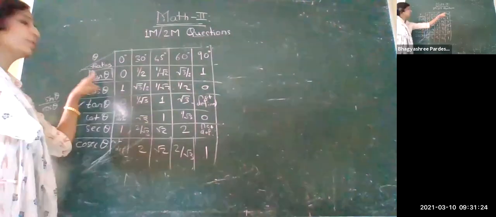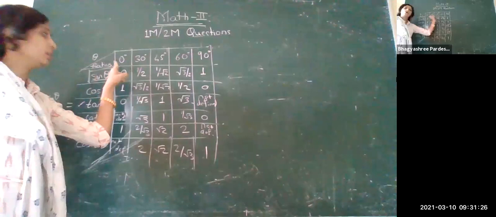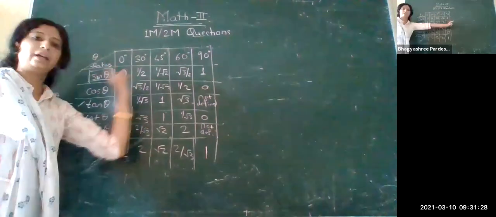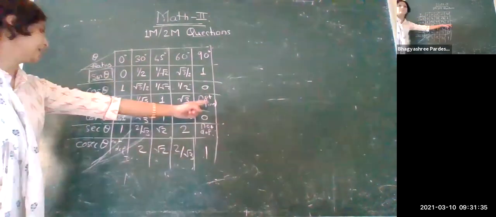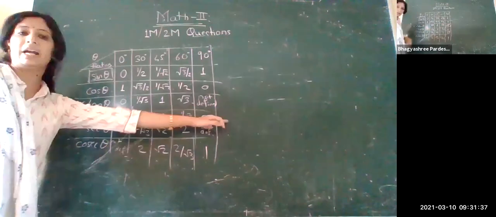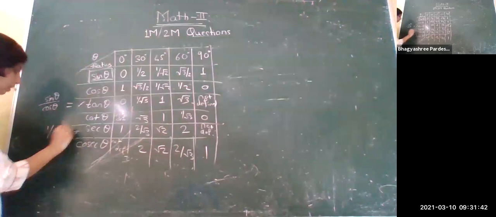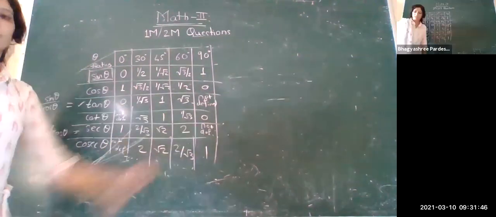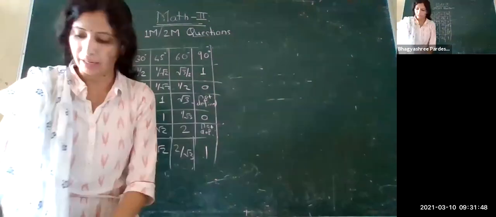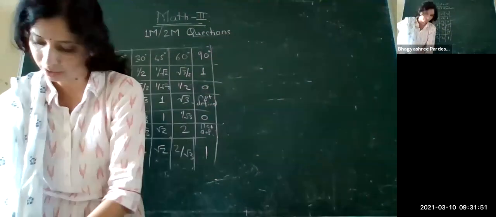So it is very easy. You can remember this one. Just remember the values of sine theta for all these 5 angles. Once sine theta is completed, cos theta is the reverse of sine theta, tan theta is sine by cos, divide and you will get this one. And cot theta is the reverse of tan theta, sec theta is 1 by cos theta. Once cos theta is done, cosec is the reverse. Clear this one? Any doubt on this one?